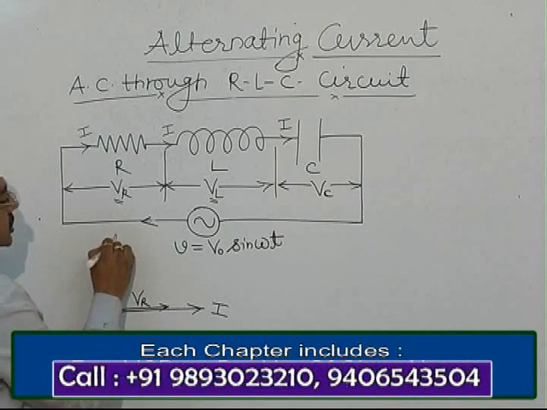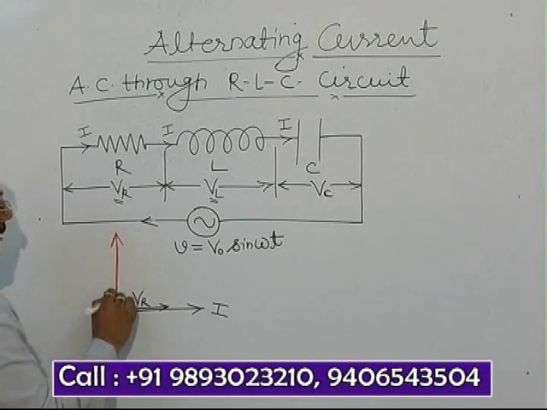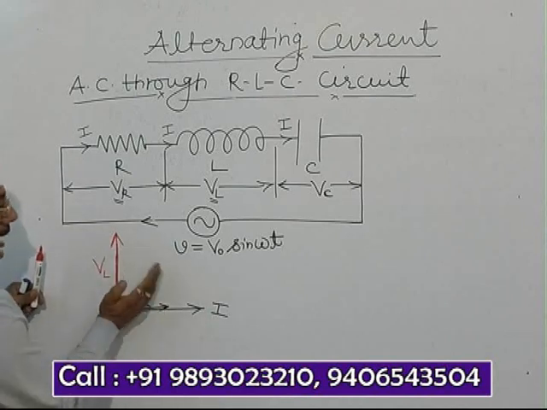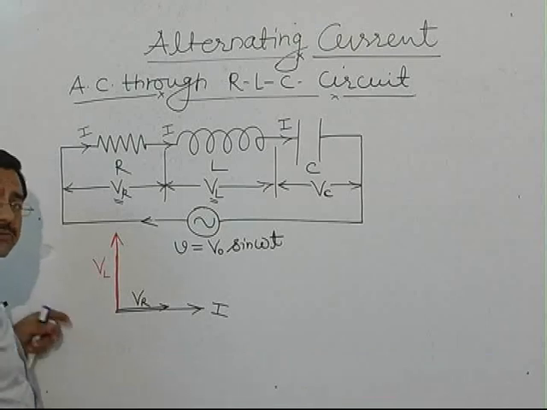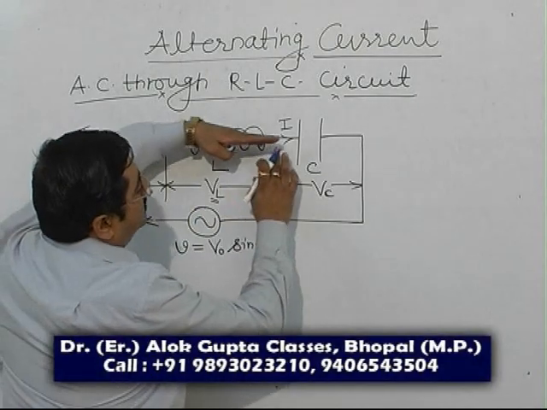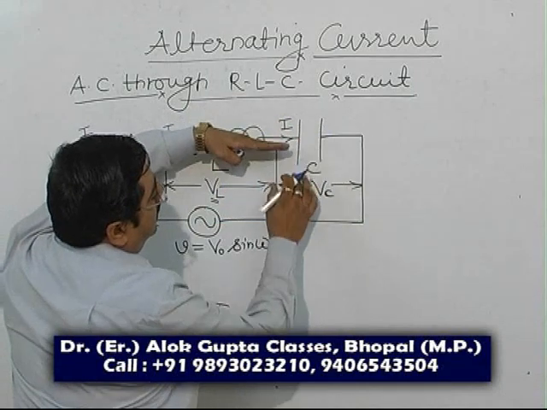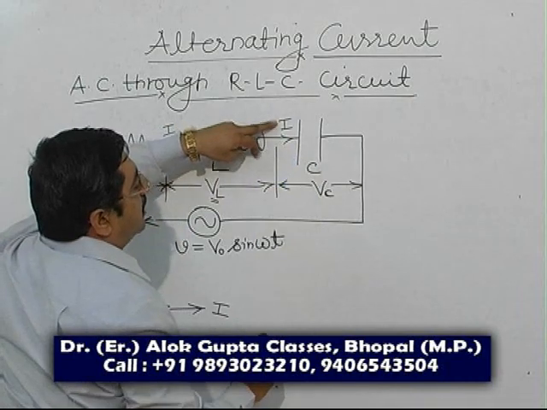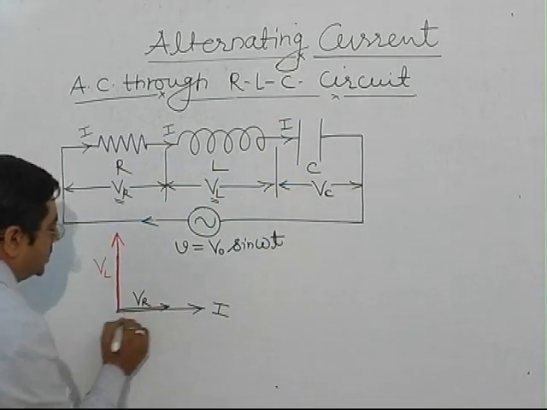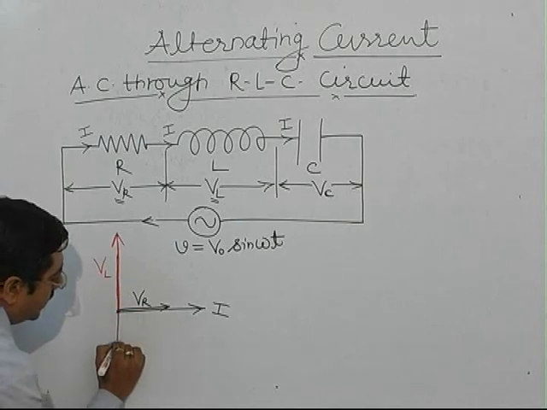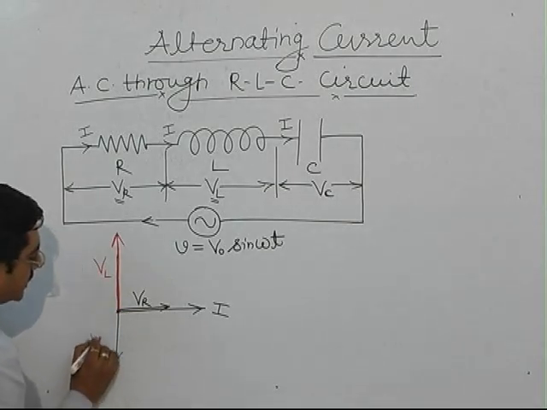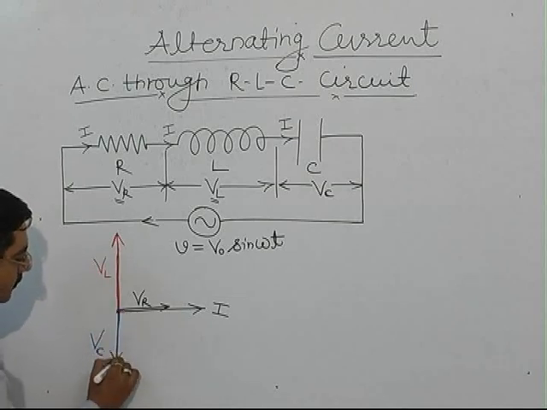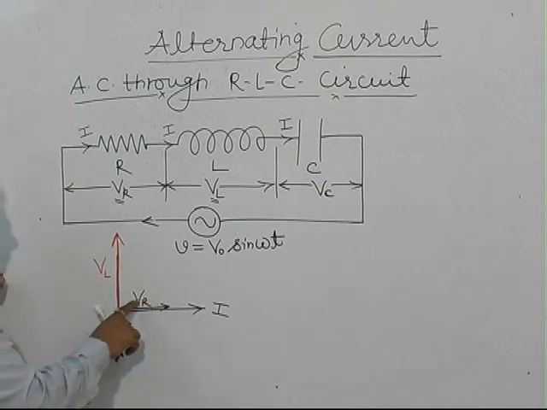एंटी क्लॉकवाइज डायरेक्शन में. ये रेड कलर से मैं शो कर रहा हूं किसको? This is VL. Current lags behind in anticlockwise direction, angle is taken as positive. When this current is passed through the capacitor, what happened? Current leads ahead of the voltage by 90 degree, or you can say voltage lags behind the current by an angle of 90 degree. Say this is VC. In the blue color, this vector is showing potential drop across the capacitor.